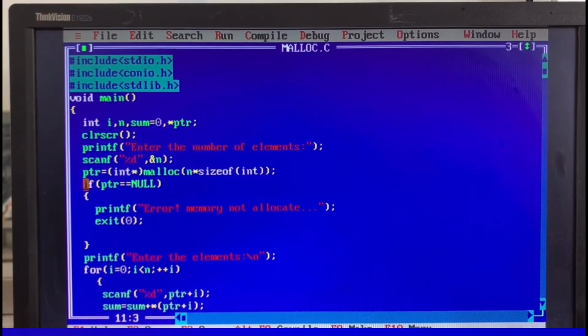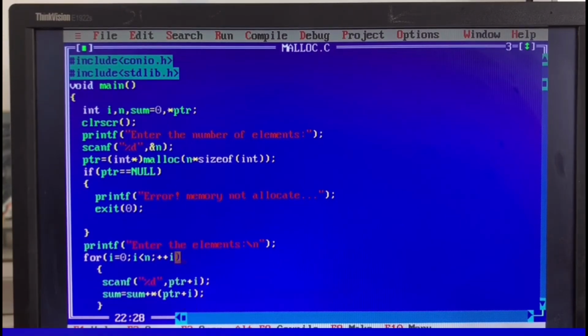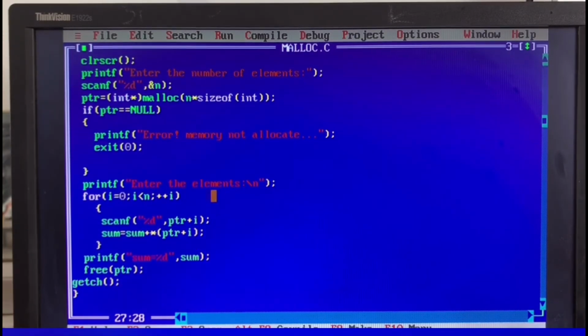Then the if statement, in which we are checking the variable space. If variable ptr is equal to NULL, then a simple message is written, that is, memory not allocated. Then next part, enter the elements for addition of n numbers. The user can enter the numbers.